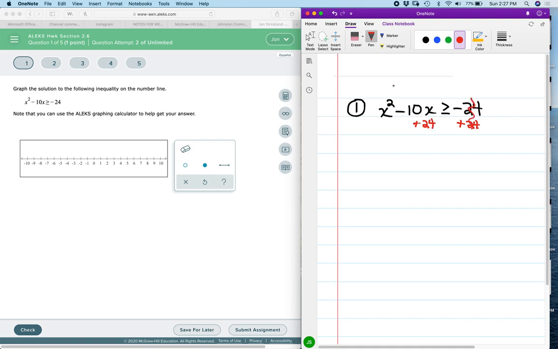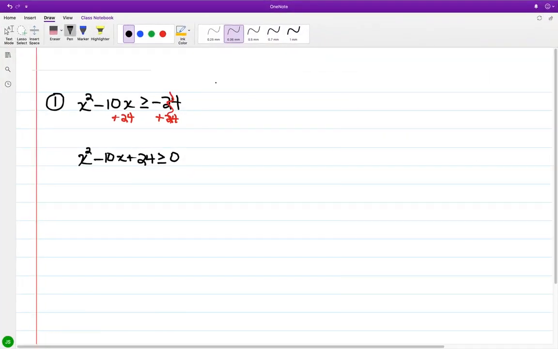upon adding 24 to both sides, we have that x squared minus 10x plus 24 is greater than or equal to 0. And looking at what we have, upon factoring, we have the quantity of x minus 6 times that of x minus 4 is greater than or equal